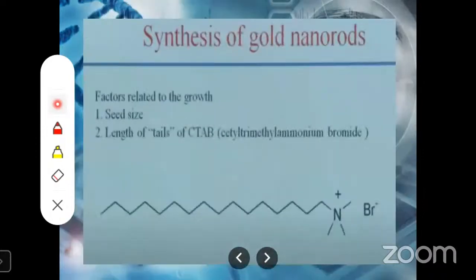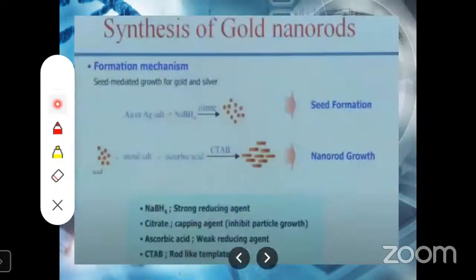So these are the gold nanorods, and there are 2 related factors for the growth. One is seed size, and the other is the length of the chains, as we have seen here, CTAB. So here it is the main thing for nanorod growth. So up till here is